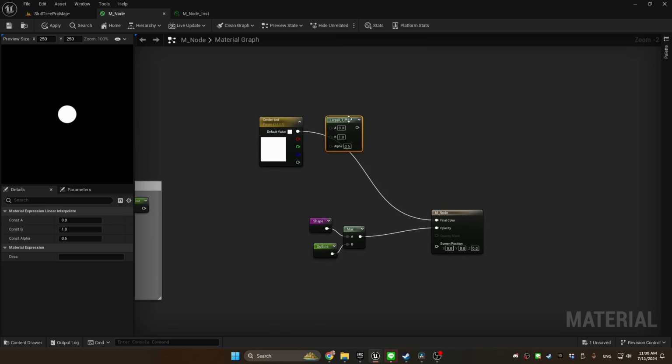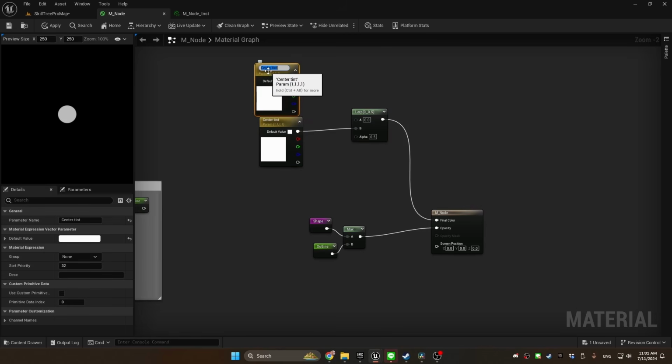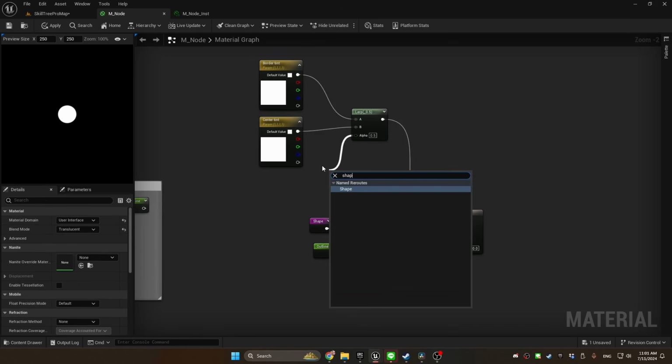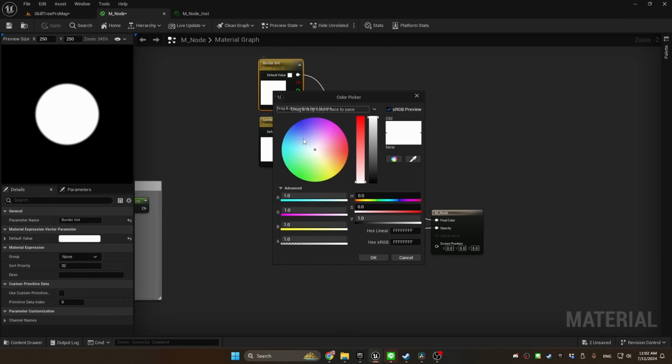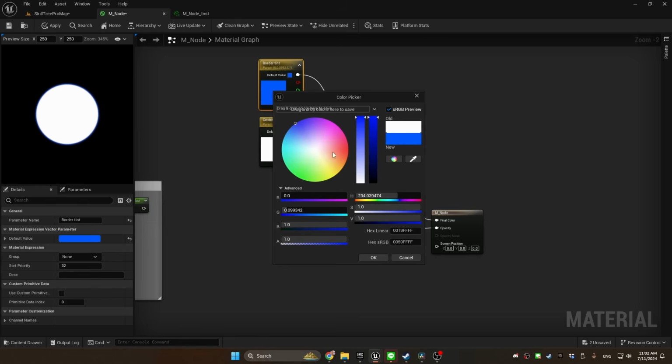And let's do a color lerp. Center tint in B, we'll copy paste this up here. We'll call this one border tint in A. And for the alpha, we can just get the shape. And now if we zoom in here and change the border tint to something else, we can see the border